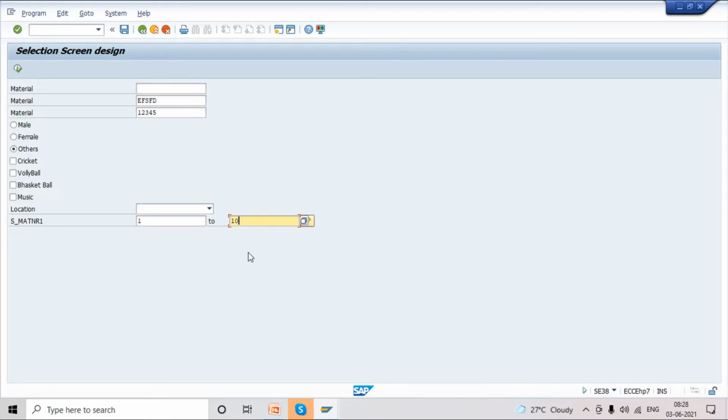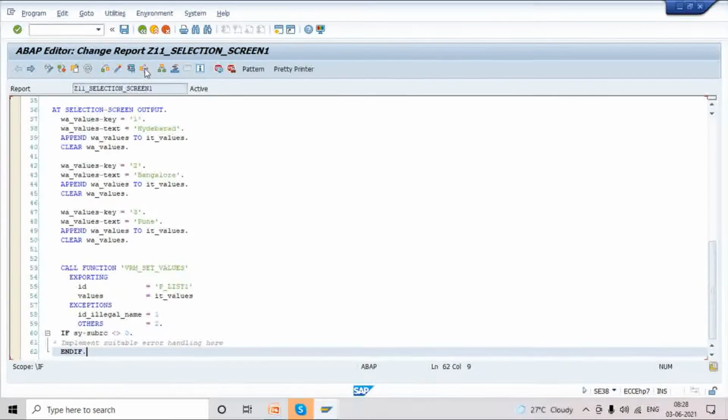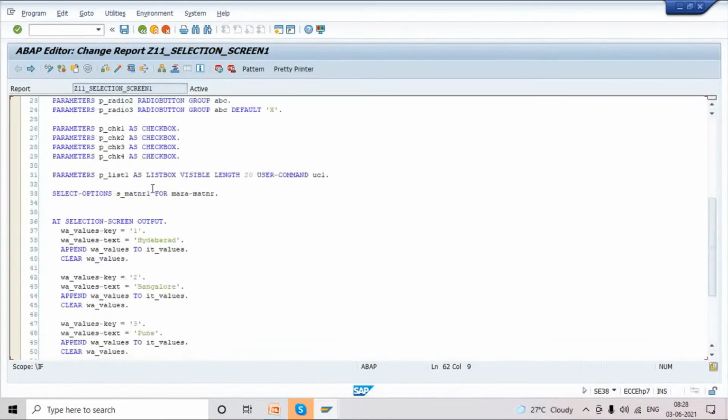Okay. So there are some requirements. Yes, someone is asking. No, sir. So there are other options, 3 options here. Sometimes they don't want interval, but they want it to be a select option, because if you don't want interval, we can go with parameter, but still they want it as a select option. Until you face the requirement, you'll not understand. But I'm showing the options, so at least you are aware of those options.